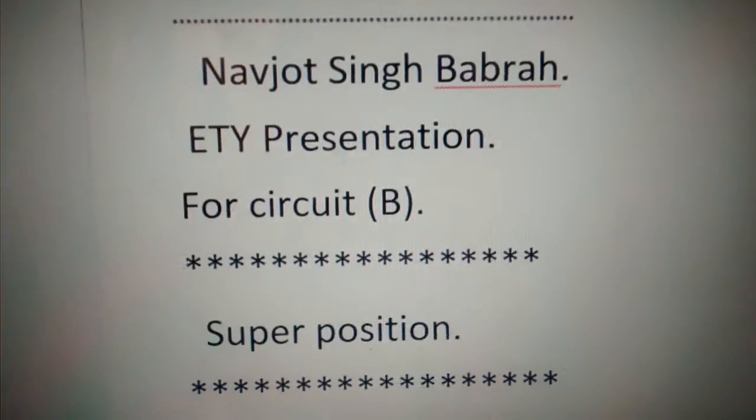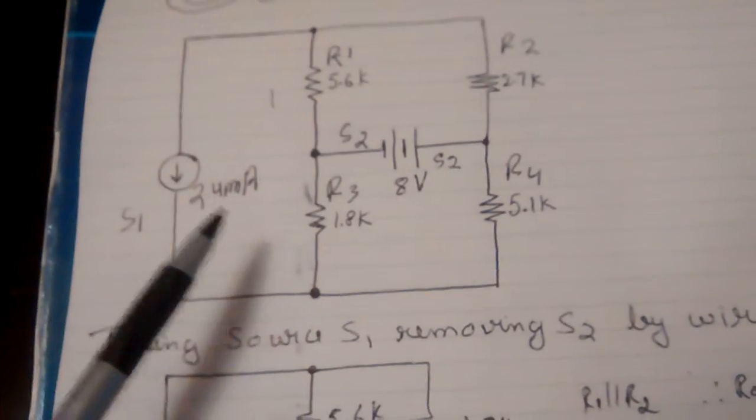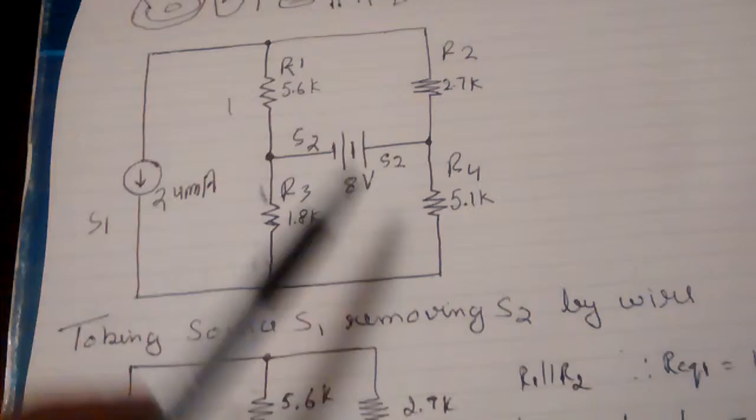So let's check our circuit. Here we're going to look at our circuit B, which has two sources. Source 1 is a current source, source 2 is a voltage source, and there are four resistors. This is the circuit having source 1 at 2.4 milliamp, source 2 at 8 volt, and we have the